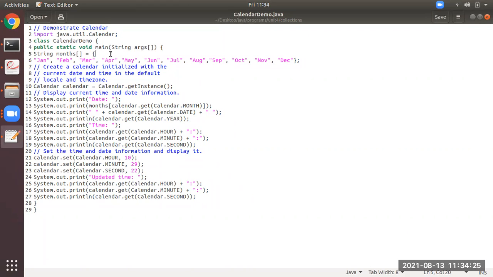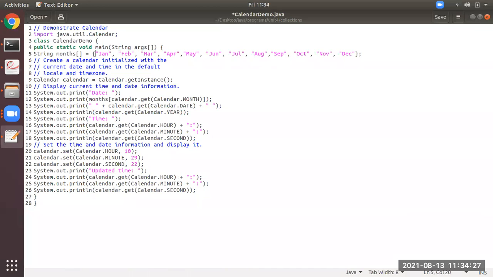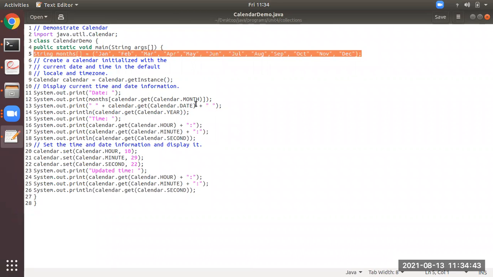Just before the execution, see here at line number 5, there is an array months which is assigned some string values: Jan, Feb, and so on till DEC, that is December. So months is an array consisting of the short forms of the months.